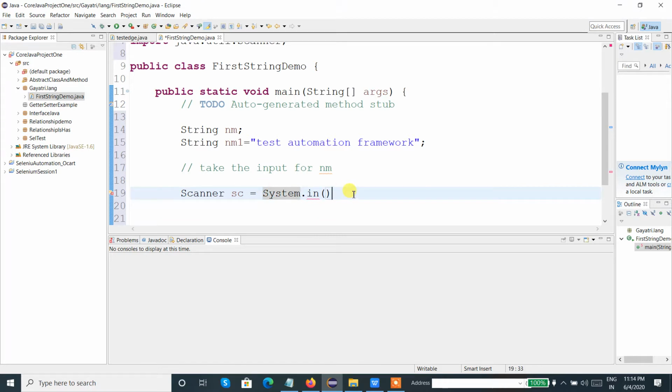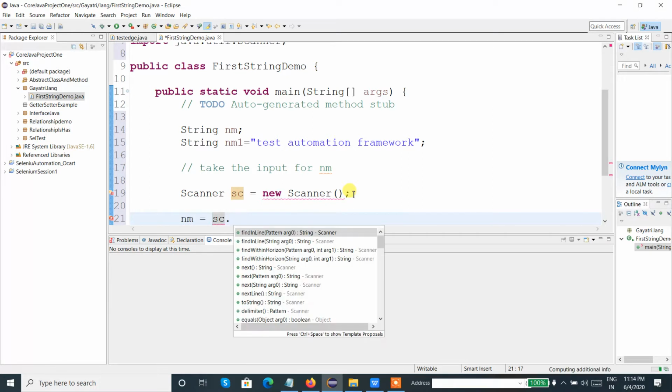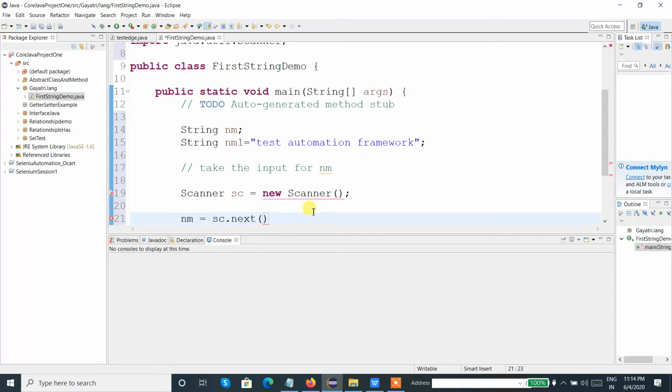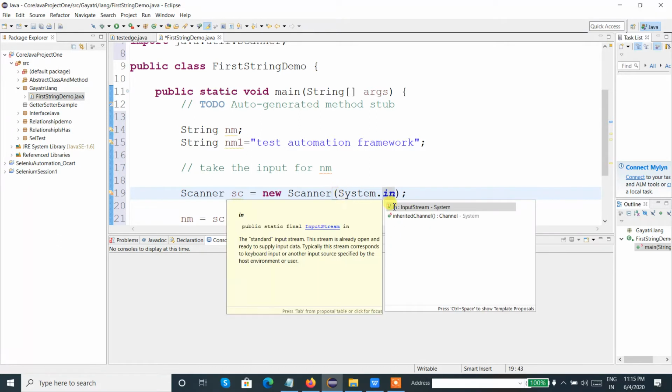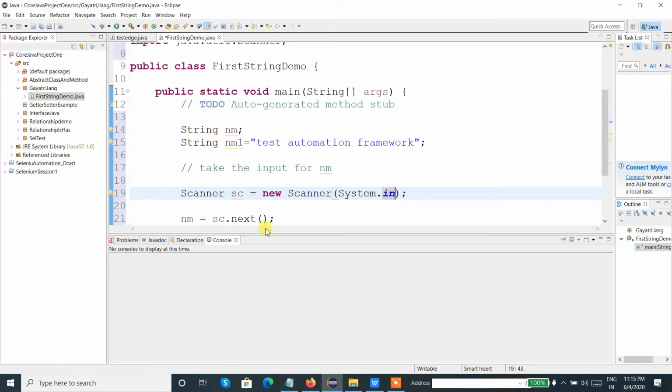One second, sorry, this is new Scanner, and here I want to take the input of nm equal to scanner.next, and it should accept the input from the system, so System.in is the parameter.